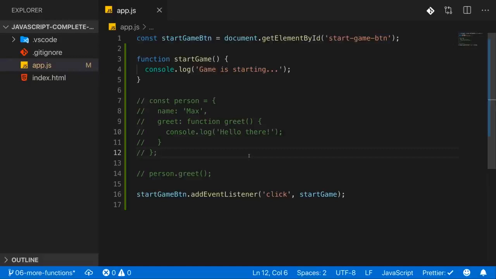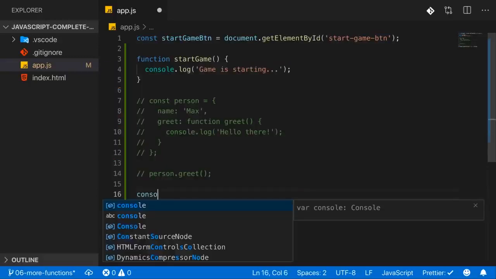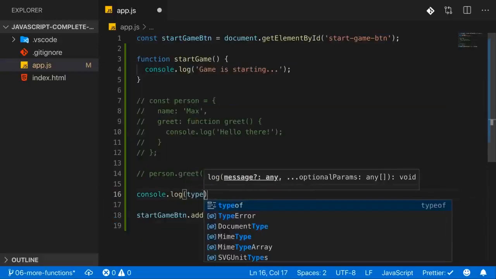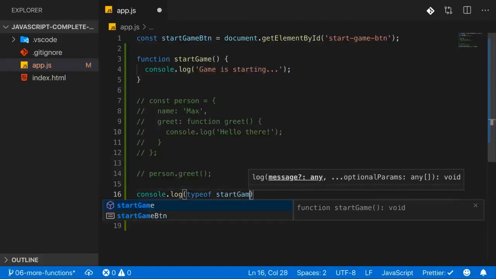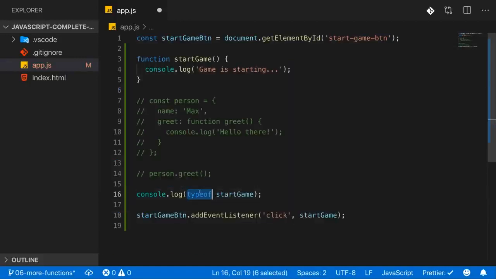So functions in objects is a thing. What if I would tell you that functions themselves also are objects? I can prove this. If I console log typeof startGame, you might remember this typeof operator. We used it earlier in the course to find out what the type of an array and of a number and so on is. Now, if I log the type of my startGame function,